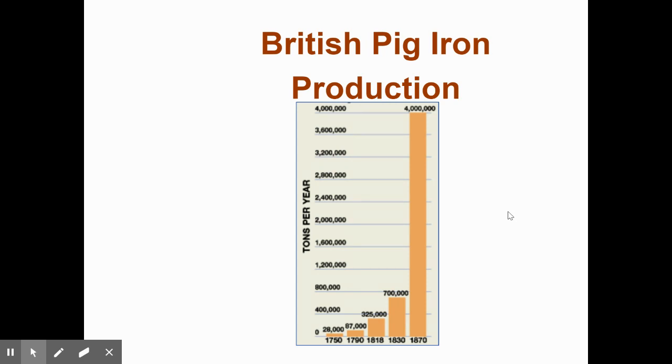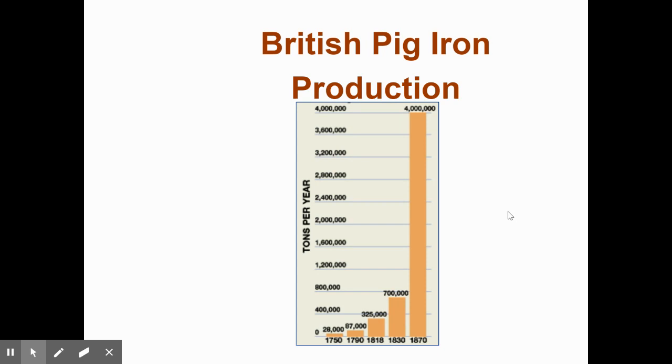Coal is used to heat the furnace. The furnace is where you put the rock. When you heat the rock, then you separate the iron ore from the other parts of the rock, and you get pieces of iron. That's called pig iron. Is that raw iron that you then use to make parts